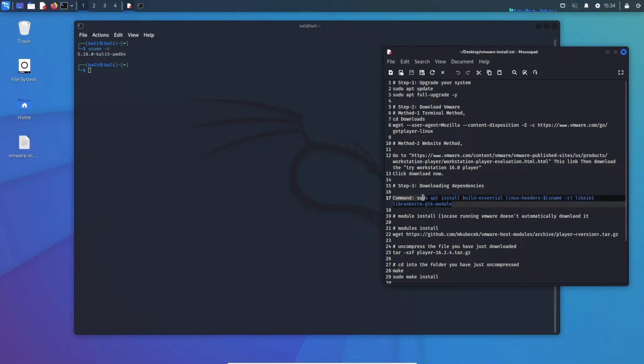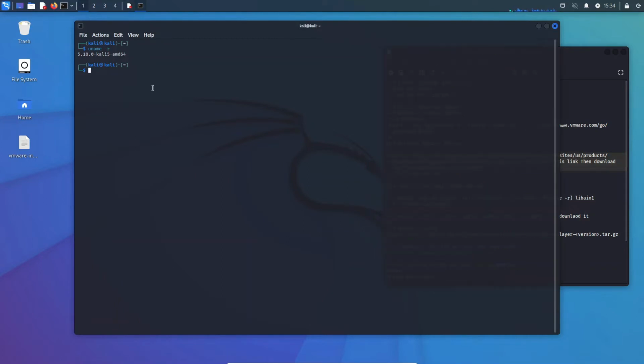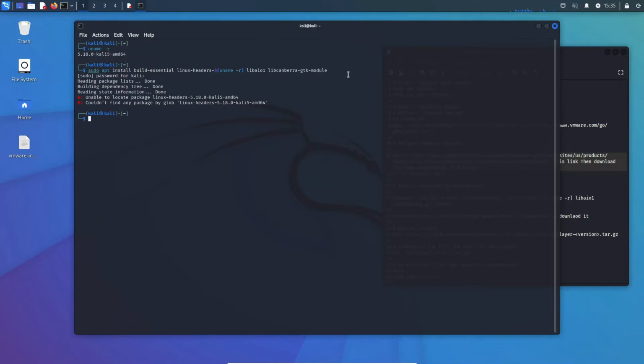So what happens if we just run this? Let's say you downloaded everything and you just want to run this one. If we just paste it here, and if you didn't know, you can paste a command into the terminal with Ctrl+Shift+V. Ctrl+V doesn't work. You need Ctrl+Shift+V, and these are the things that we need. If I just run this and give the password, as you can see, it will show an error which says unable to locate package linux-headers